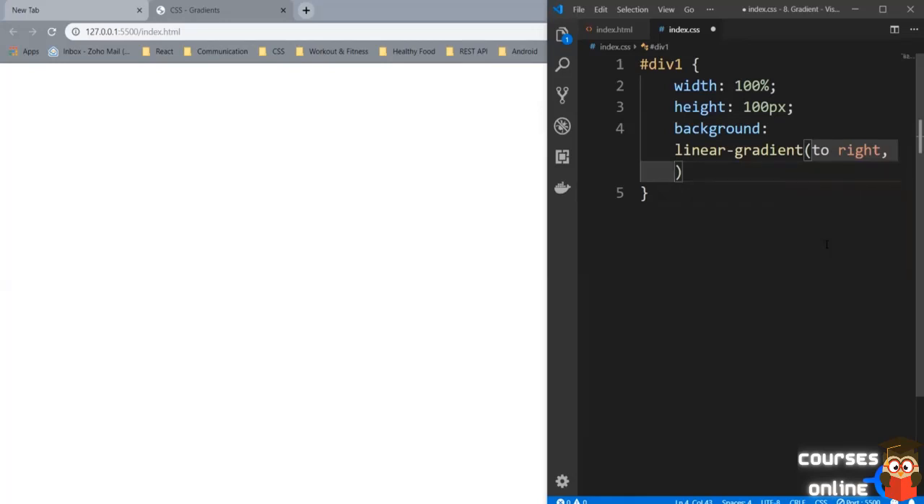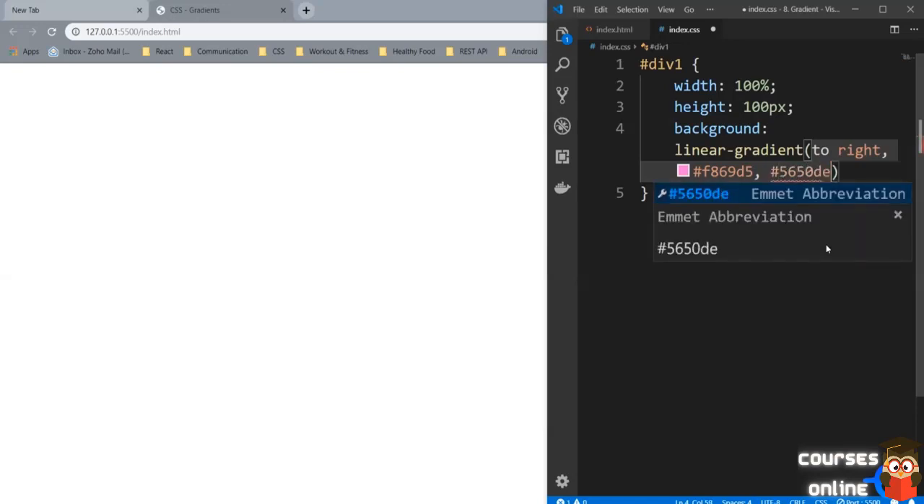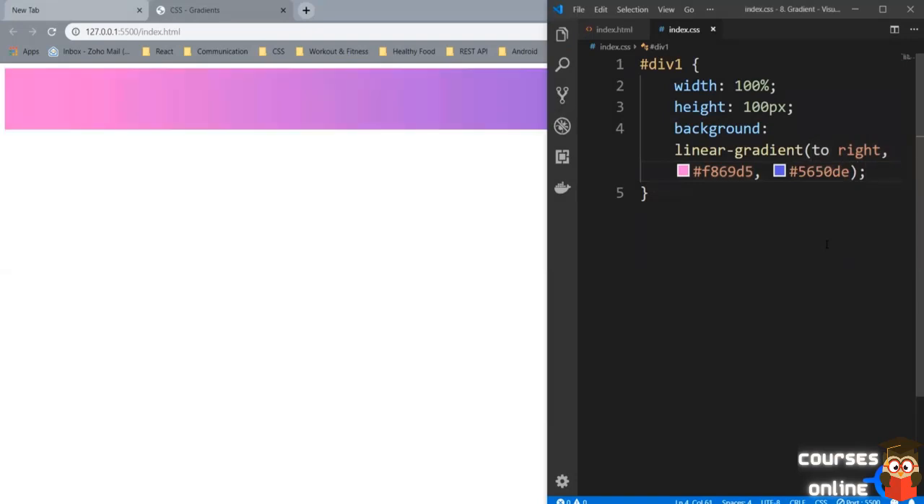Then the next one is first color or the starting color. Let's say #F869D5, comma, and let's give the second color or the ending color. So #5650DE. Let's save it. And as you can see here, we've got this gradient which starts from a little pink color